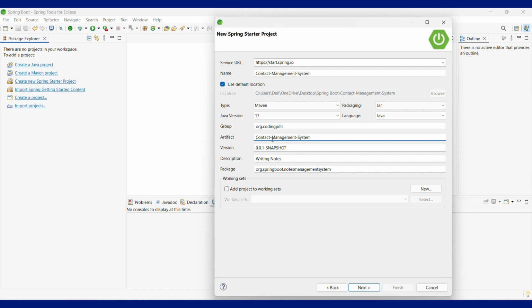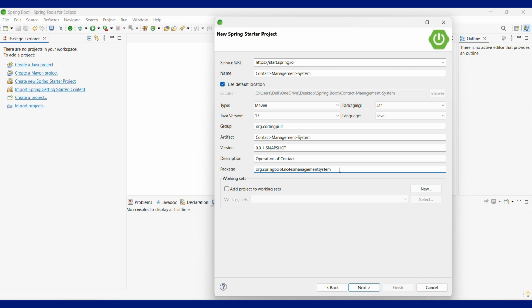Make sure you do not have a space here. Version is this, and the description here is saving the contacts operations of contact. This is the description which I wrote, and the package here is